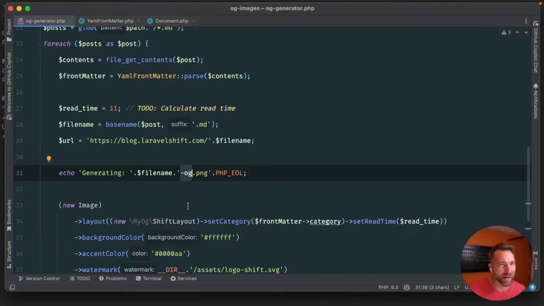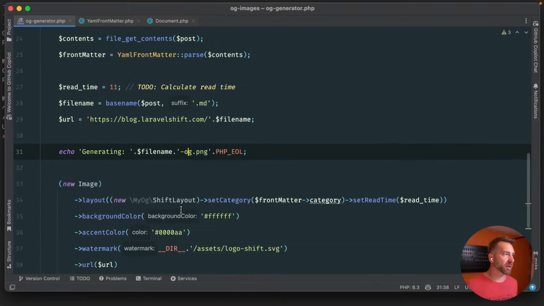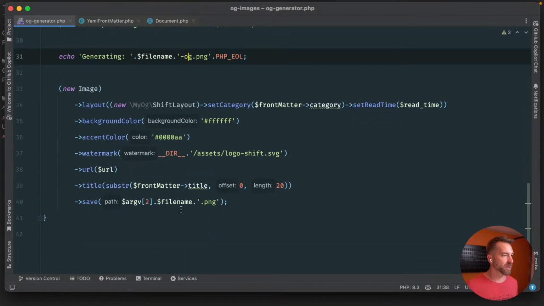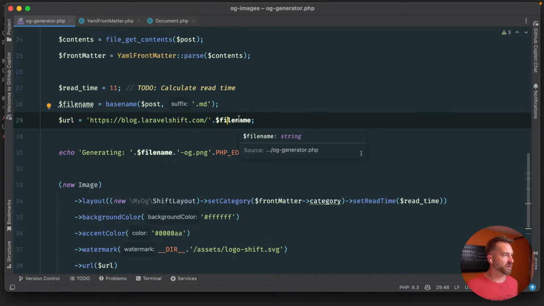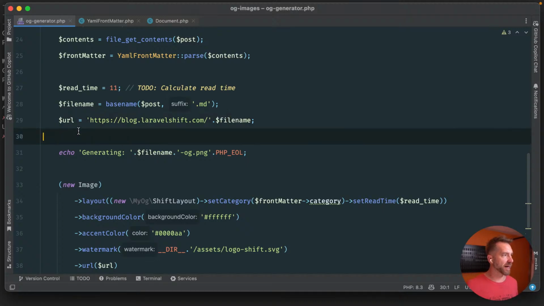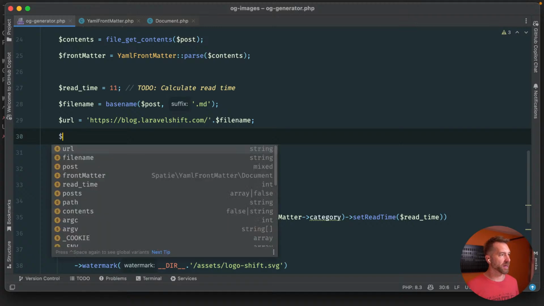I don't know if I want to do that or not. I'm just trying to think SEO-wise. I guess if you had an image on the page that you wanted to save as that file name, we probably ought to avoid conflicting. So I think this OG extension probably makes sense. We need the URL to stay like this, but now we would update the file name to be